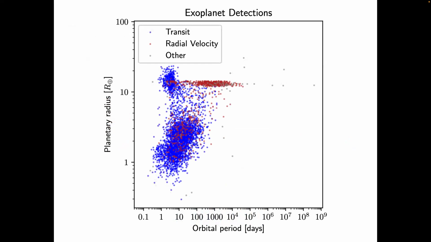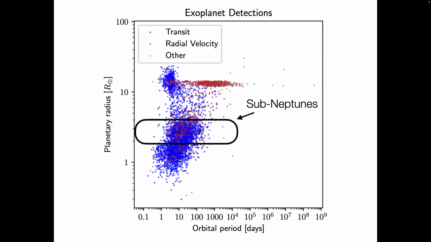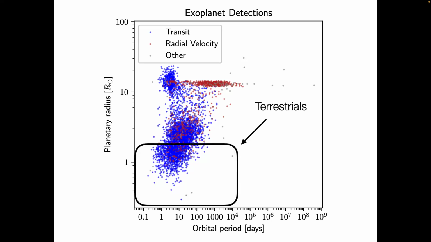Now, this talk is about, again, going back, transits. And one thing I'd like to highlight is that transits in the exoplanet sense give you a few important messages in the field. Some nomenclature: usually this is the plane of the planetary radius on the y-axis and orbital period on the x-axis. As I mentioned, both of these are things you can infer from a transit based on the transit depth and recurrent nature of the transits. Then you have the Jupiter-like planets up there. You have the so-called sub-Neptunes. They do not exist in our solar system, which makes them very exciting, interesting. And then we have the terrestrials, the small ones.